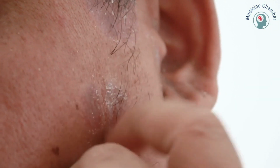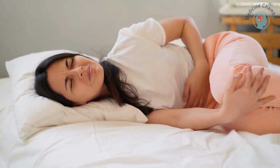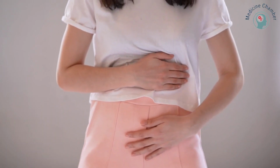Feeling of fullness and discomfort in your anus, or a feeling that your bowels haven't completely emptied after you've gone to the toilet. Itchy or sore skin around your anus. Pain and discomfort after you go to the toilet. These symptoms can vary a lot between individuals. They may also be caused by problems other than piles, such as